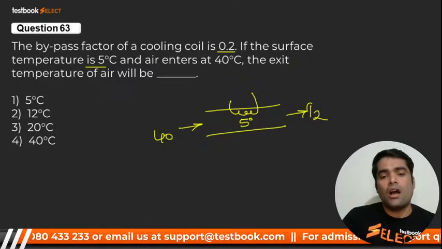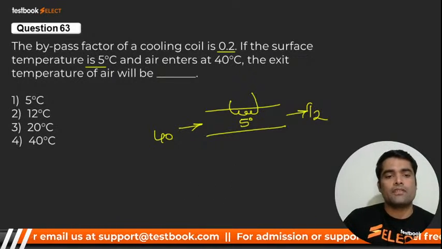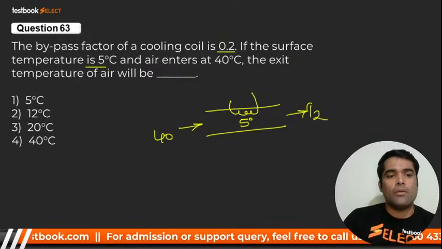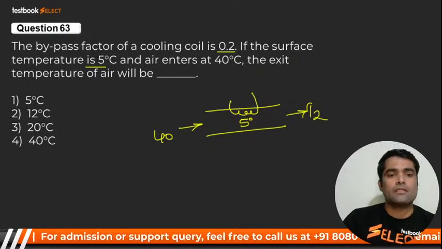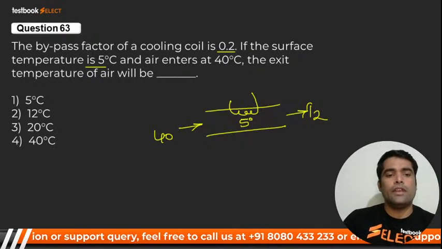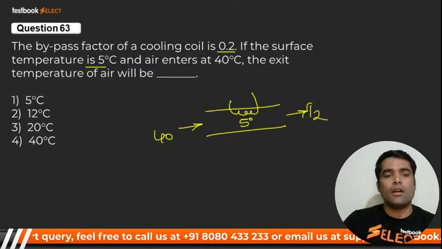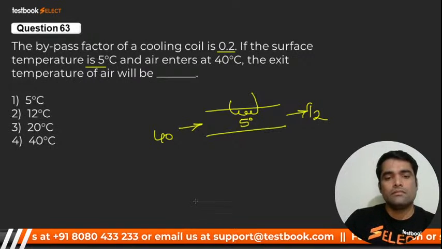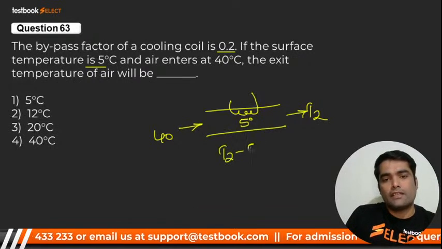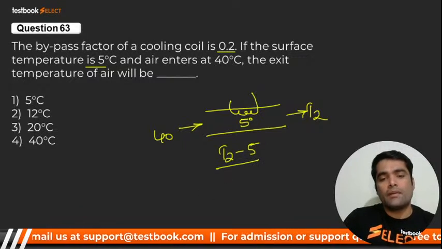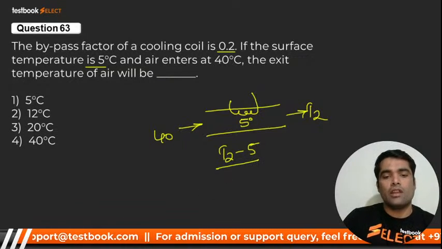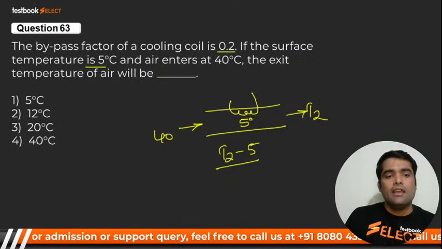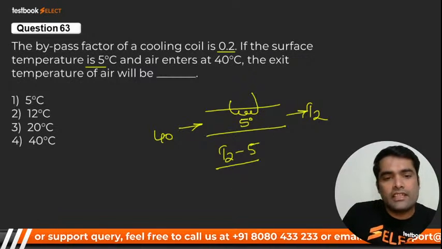तो बच्चा, हाउ वी कैन कैलकुलेट, माय डियर? यस, बी फास्ट माय डियर. कैन यू टेल मी how we can calculate and be fast? हाँ जी बच्चा, it is none other than, क्या होगा? T outlet minus T coil, T2 minus 5 divided by, और क्या आएगा बच्चा? कौन सा टेम्परेचर लेंगे? इनलेट लेंगे, आउटलेट? अरे बेटा इनलेट लोगे अभी. T inlet कितना है बेटा? It is none other than 40. That is this T inlet 40